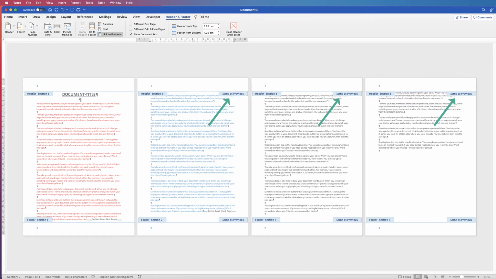Now, if it says same as previous, anything I put in this header is going to be linked to the page or sections beforehand. So if I just type in header, you can see we've got header on every single page. Now, if I want to change my header in my sections, I can change my header in section 1